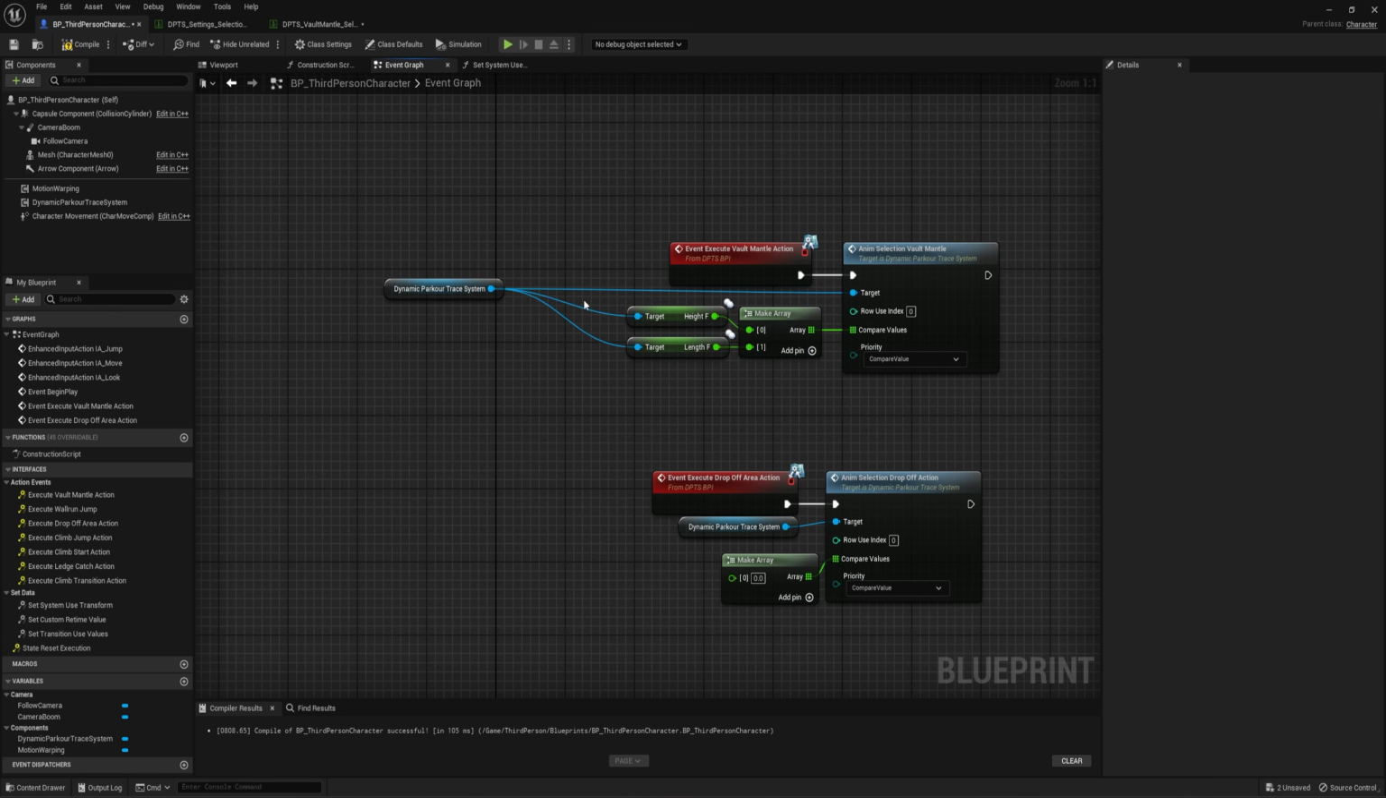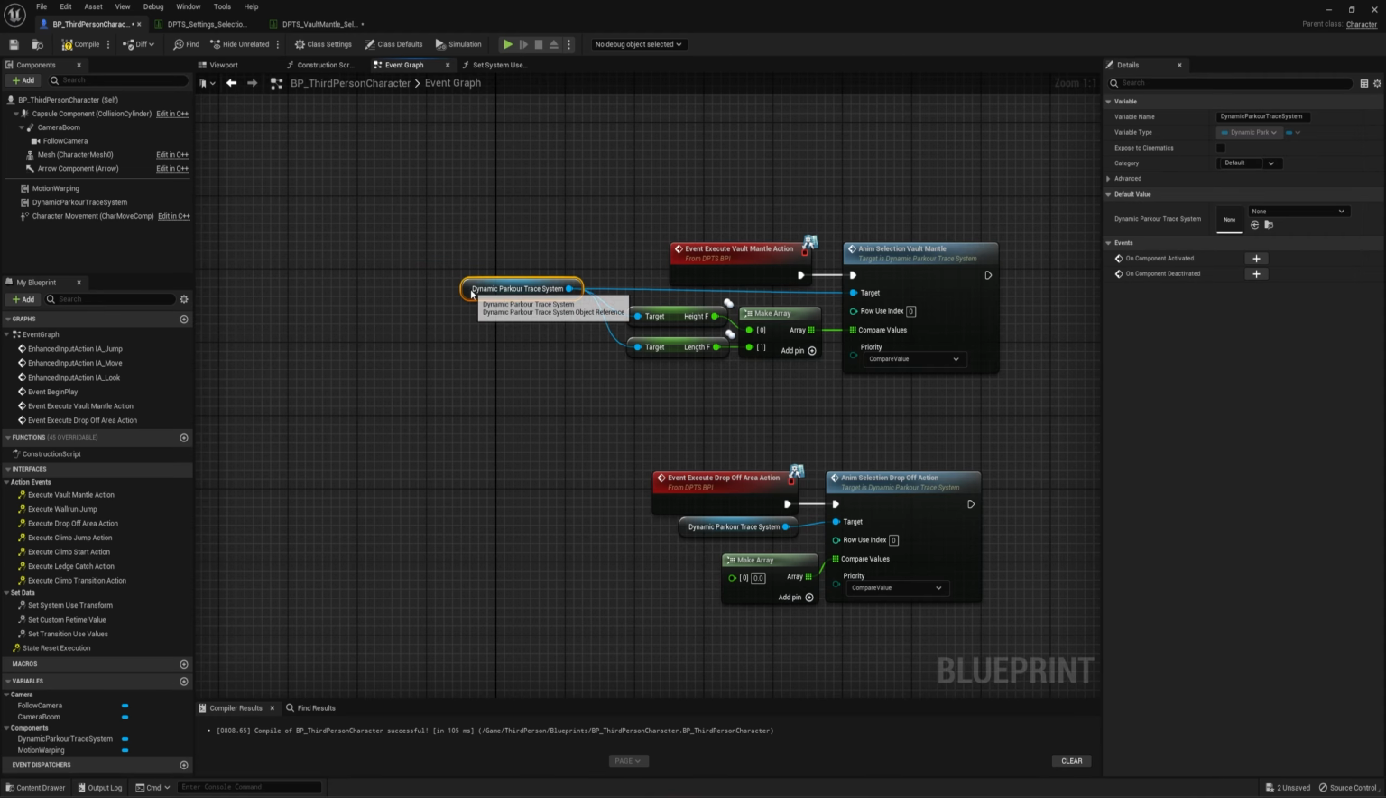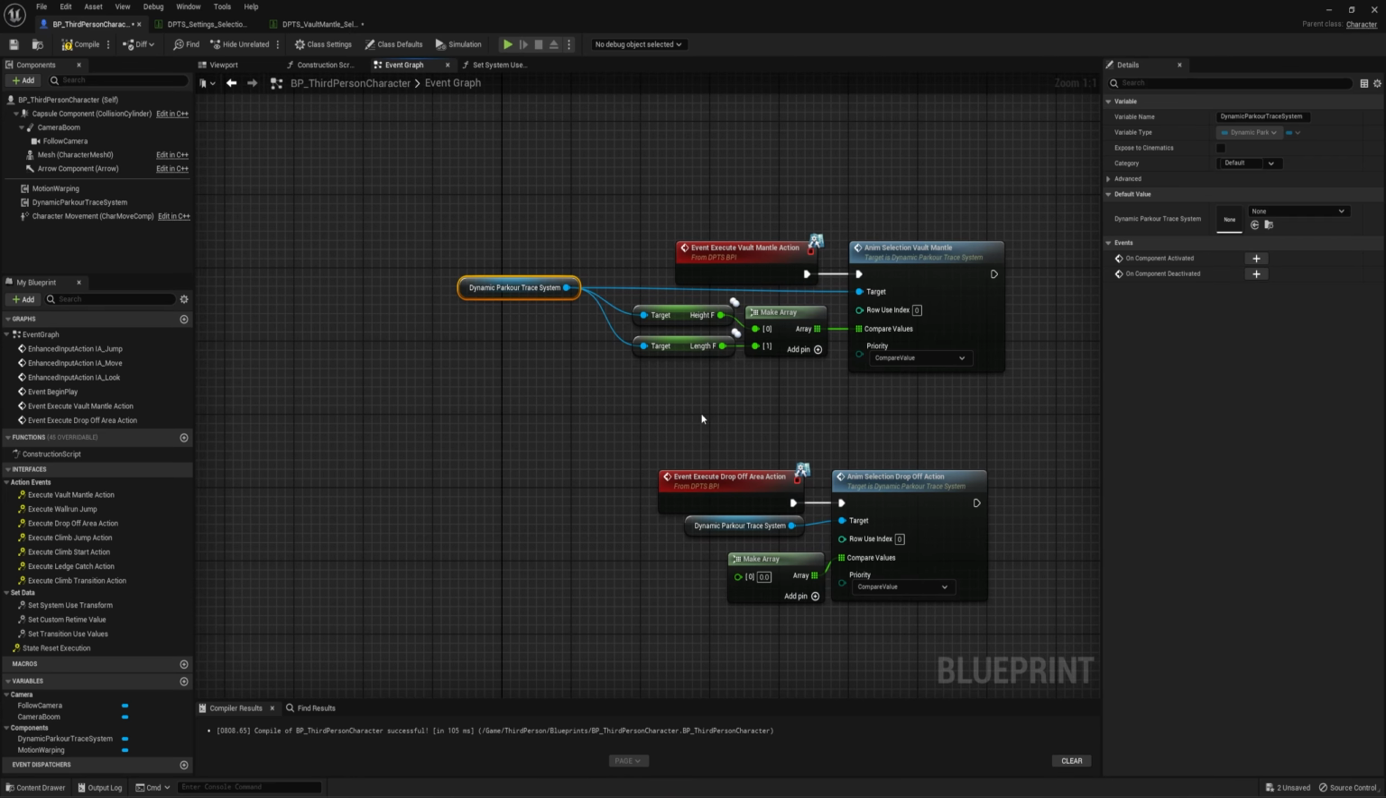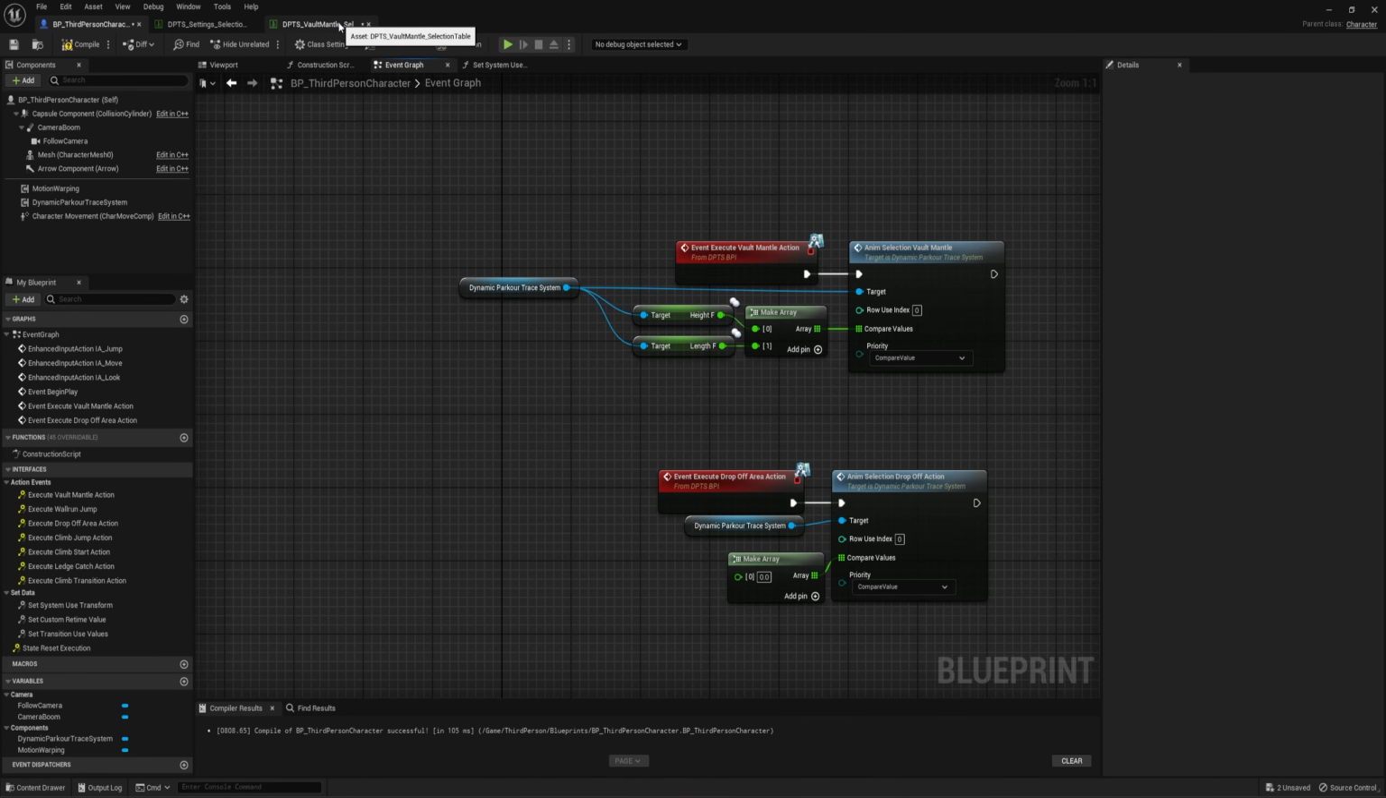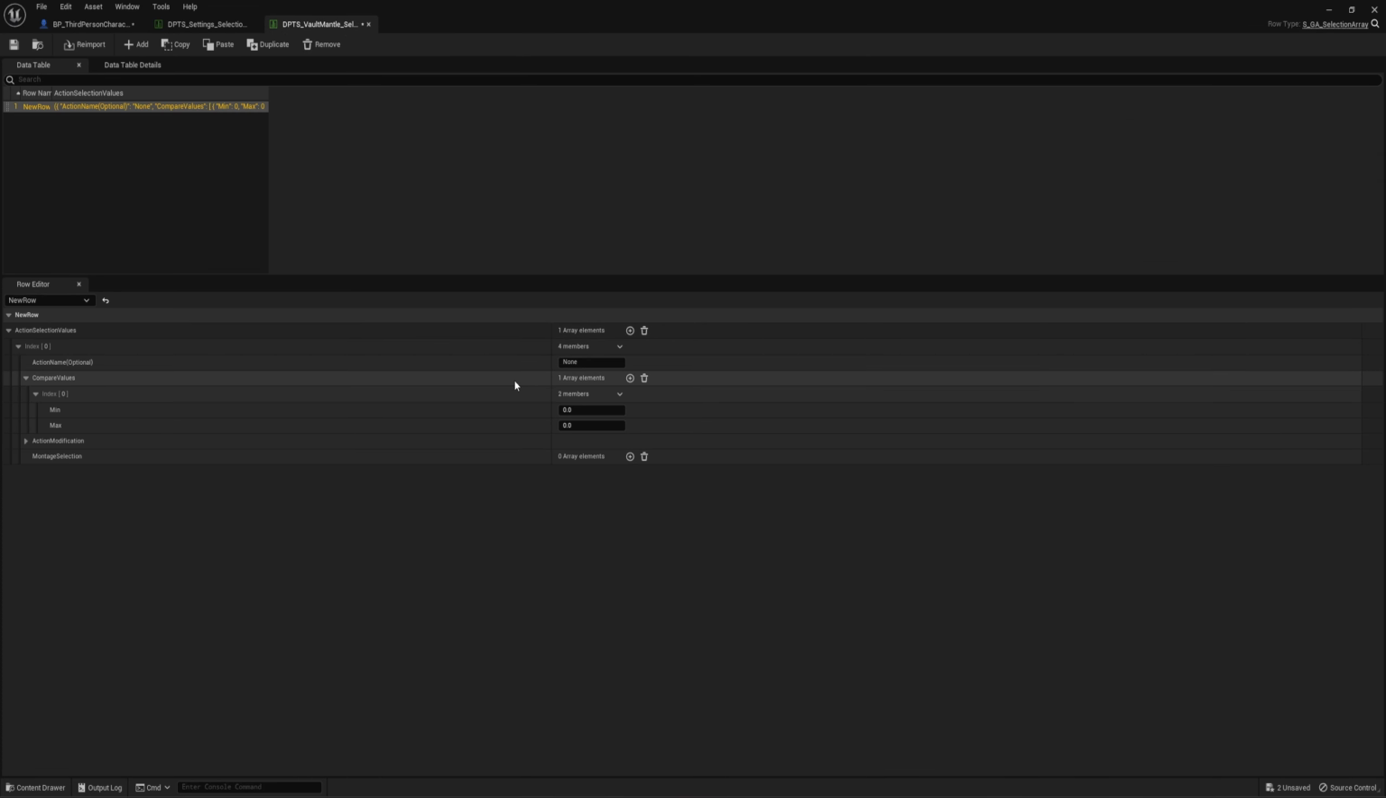So now with these values fed in, you can also put in your own custom values, by the way. You don't need to just use ones that are in the system. So you can add in speed or rotation values, whatever you want to do. But with these in place, if we go back to the vault mantle selection, and let's say I add one